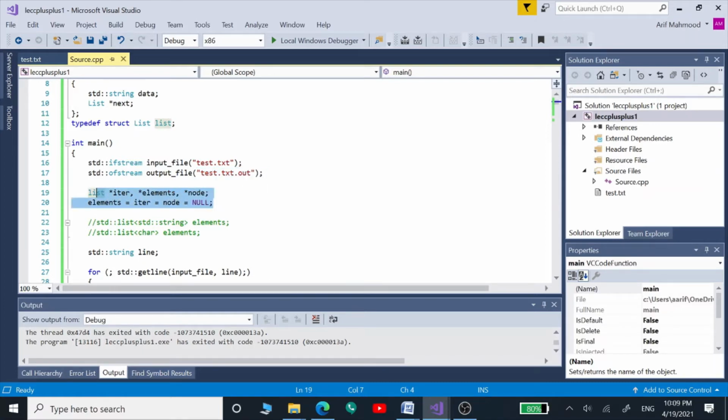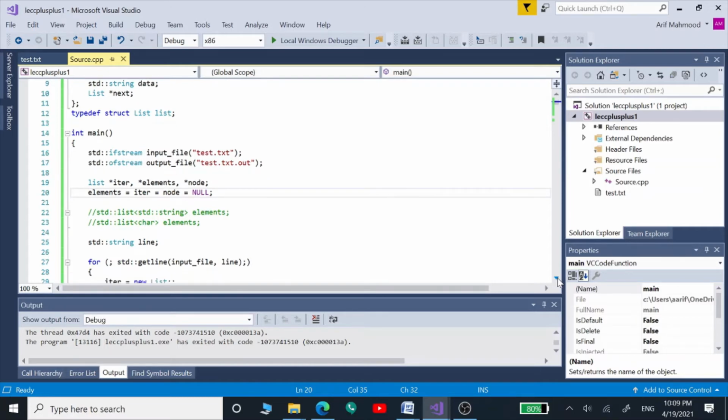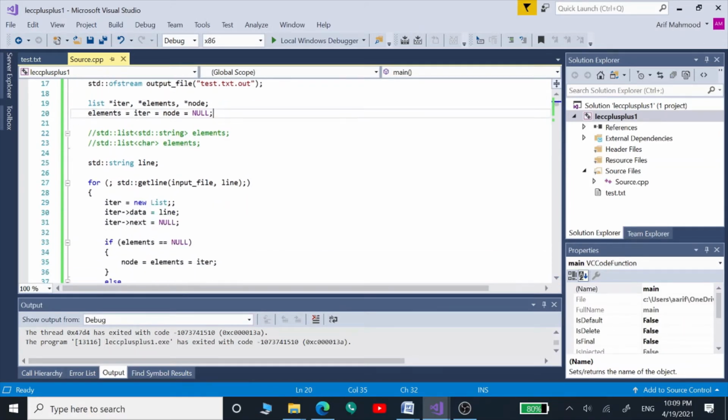After that we have defined some variables which are going to work as nodes to create our list. And after that we have defined a string line variable, and inside this for loop we are going to use this getline function to take out the contents of our input file and store those as strings one by one into this line variable. So this line variable is a string we have defined.